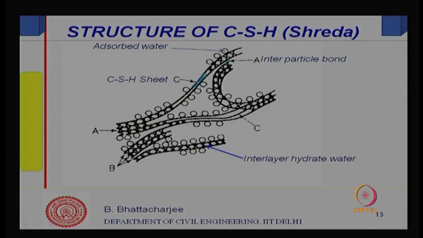This X cross is interlayer hydrate water, shown as crosses. So, these are all interlayer water, adsorbed water is here, these are the layers, and within the layer there is interlayer water, right. So, interparticle bond is here, adsorbed water, CSH sheet, A is this interlayer water, and B is interlayer hydrate water. So, this is another model,